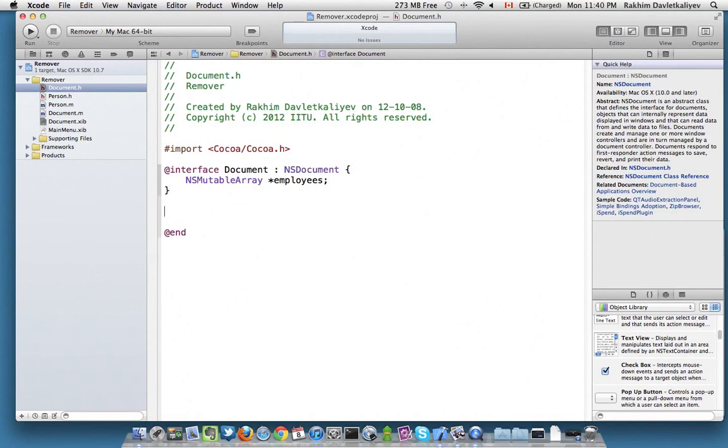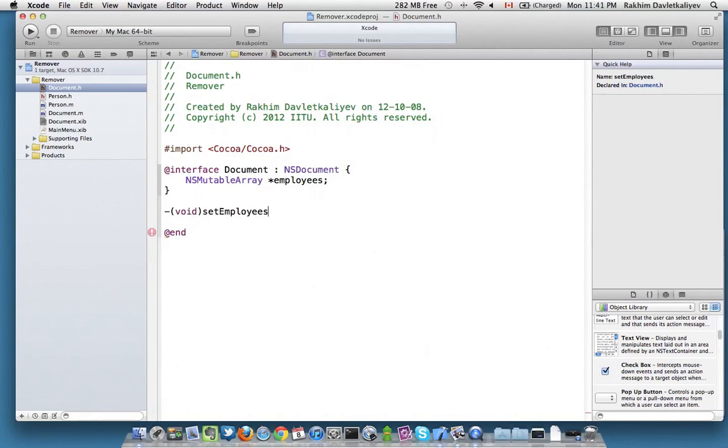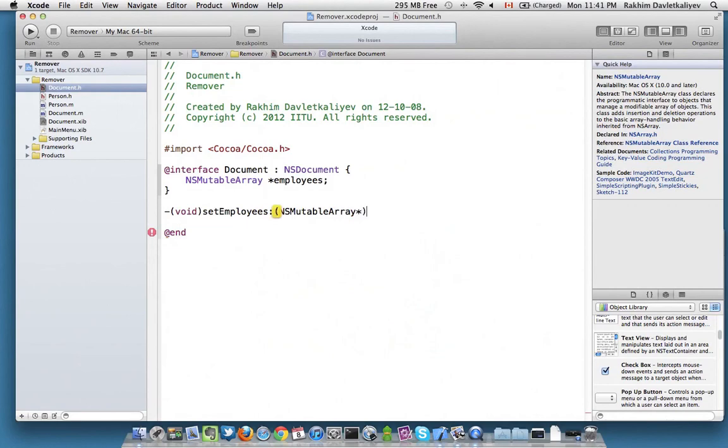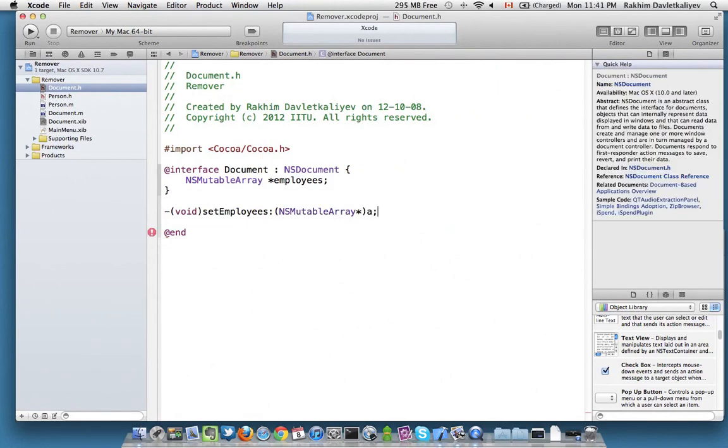And I want to create a void function, setEmployees. It will take an NSMutableArray, and let's go and